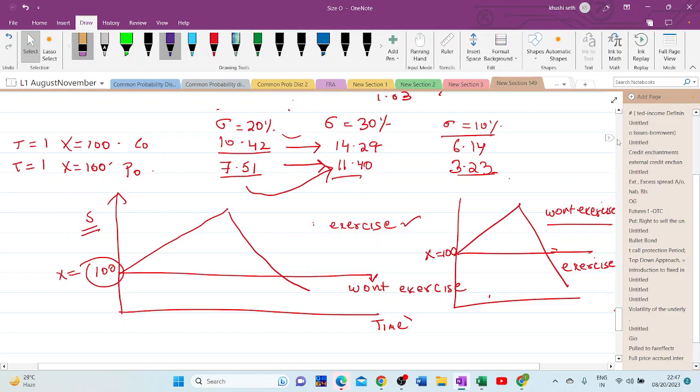If you have written a call or if you have written a put, then a rise in volatility is going to hurt you. ठीक है, तो तुम अगर 20% वॉलिटिलिटी पे ये कॉल शॉर्ट किया होता, तो it must be trading at 10.42। अगर वॉलिटिलिटी बढ़ के 30% हो गया तो ये कॉल का प्रीमियम हो जाएगा 14.29। तुम शॉर्ट किया हुआ 10.42 पे, प्रीमियम बढ़ गया 14.29, तुमको लॉस हो गया। और अगर you are long on the call, तुम्हारे को गेन हो जाएगा अगर वॉलिटिलिटी राइजेस। गेन कितना होगा? 14.29 माइनस 10.42।